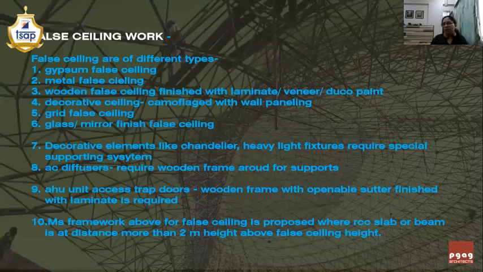Sometimes you cannot coordinate with the structural consultant right at the tender stage. So maybe you can write in the tender itself that after coordination with the structural consultant, the required false ceiling supporting members need to be planned out of MS framework as per the site conditions. So these are the elements which need supports above the false ceiling.